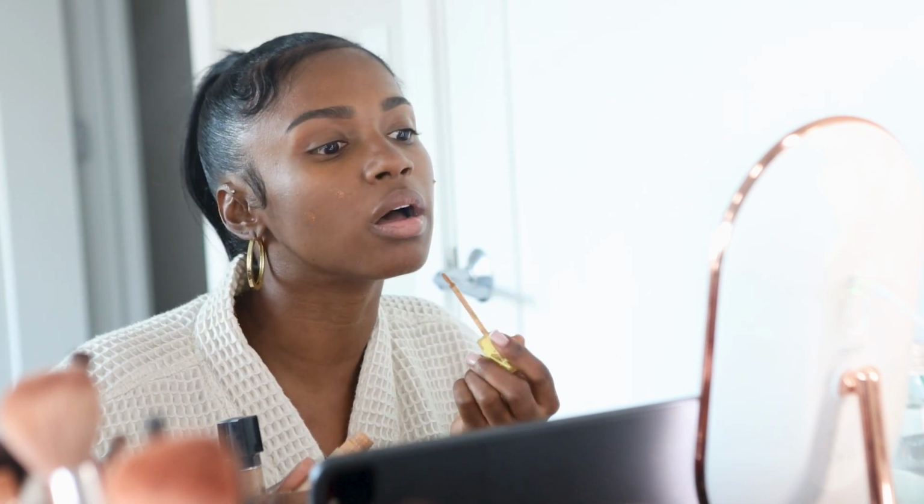Okay, I forgot a step, but before we do that, I'm gonna take this Kosas concealer, which I think is bomb for color correcting a little bit, and also for shaping or cleaning up your eyebrows. And then I'm gonna take this sponge and just buff it out a little bit, just to hide those